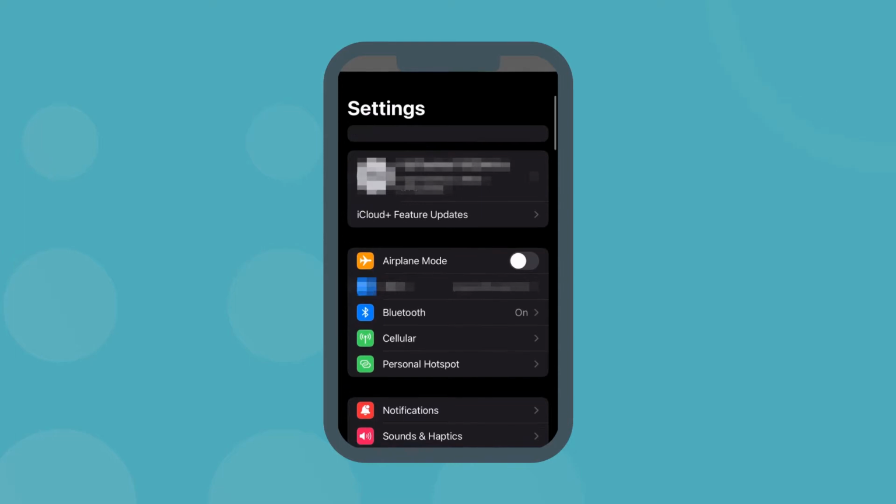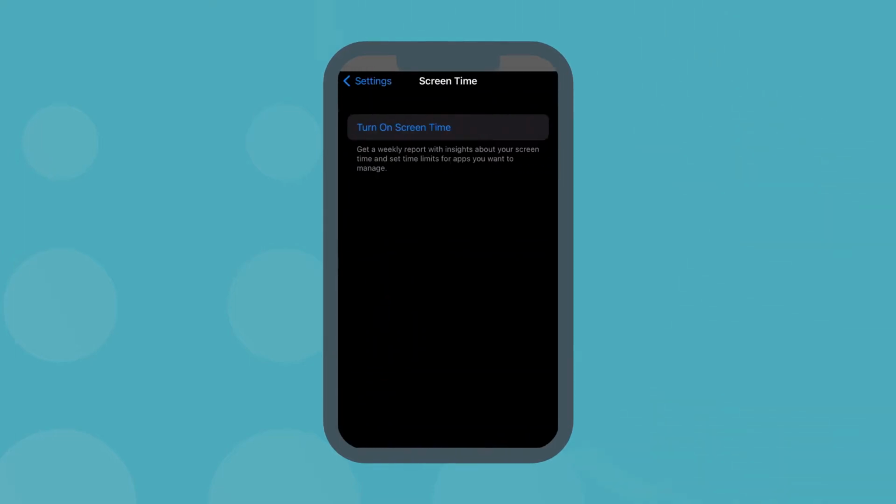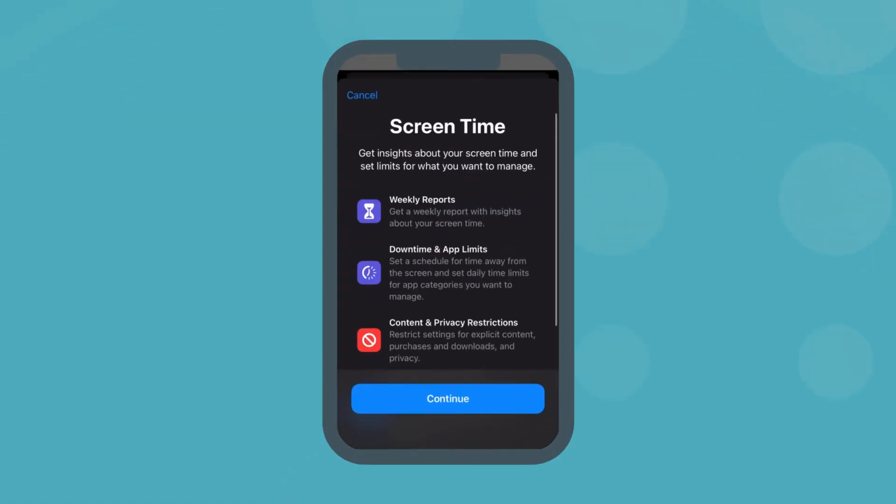Every parent has different rules about how much screen time is too much. Thankfully, iOS has a few customizable options to let you set limits on how long your kids can use the device. Here's how to get started. Go to Settings and select Screen Time. Everything we'll show in this video will be through Screen Time, so feel free to dig in and explore your options. If you don't already have this feature set up, you'll have to activate it.